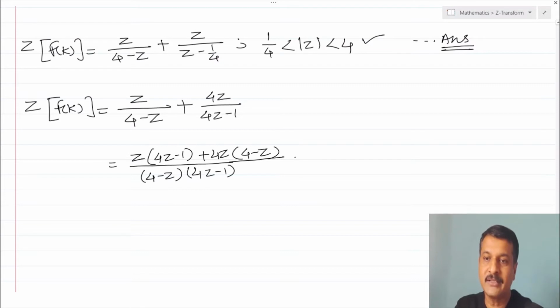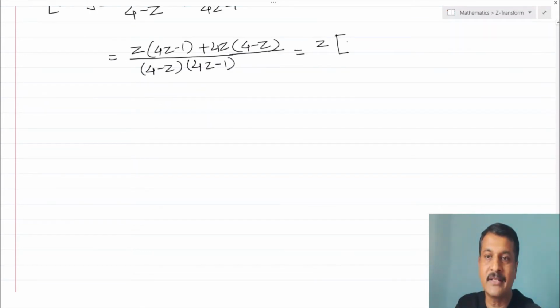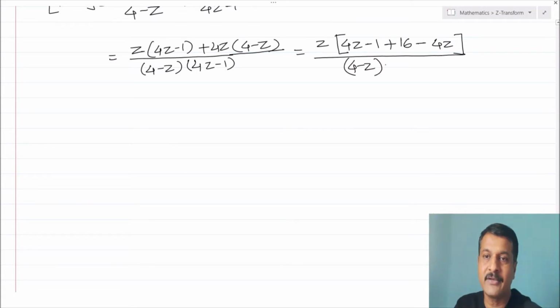Taking z common, inside I am getting 4z minus 1 plus 4 into 4 minus z, which is 16 minus 4z, the whole divided by 4 minus z into 4z minus 1. So minus and plus 4z get cancelled, and minus 1 plus 16 is 15,